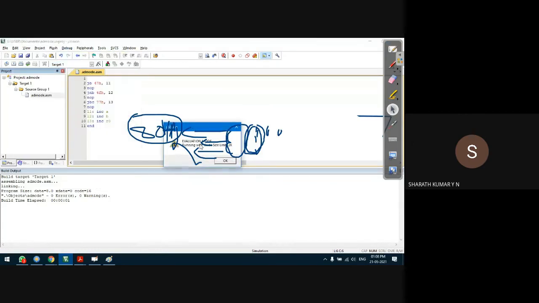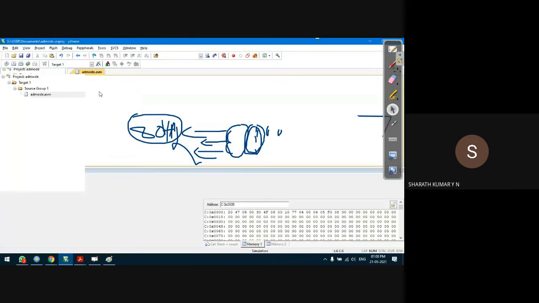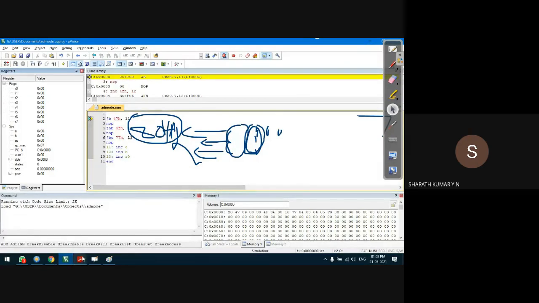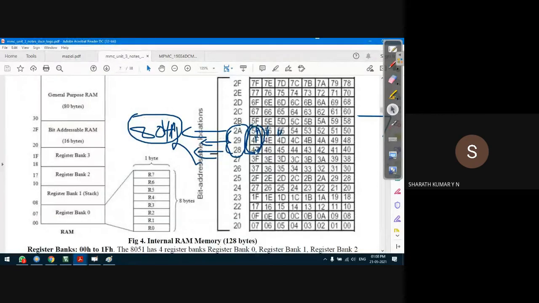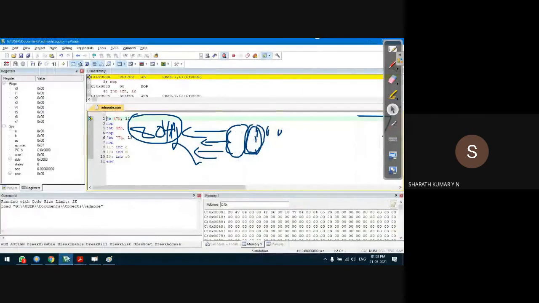First, I need to load values to these locations to observe this. In this memory window, we can observe only 8 bits at a time. There is a data memory window, 0x. What are the locations? Starting from 2A, just a second, it was 28, 29, 2A. Here it is. Okay, 28. Initially it is 0. After 8 locations, 1, 2, 3, 4, 5, 6, 7, 8.